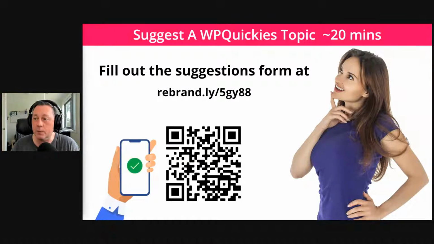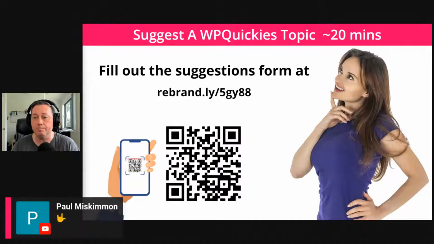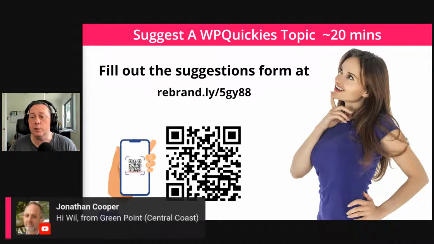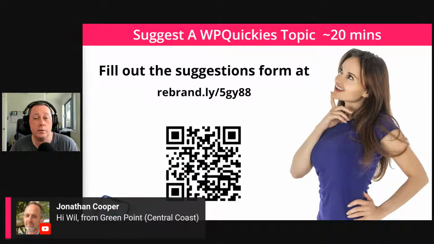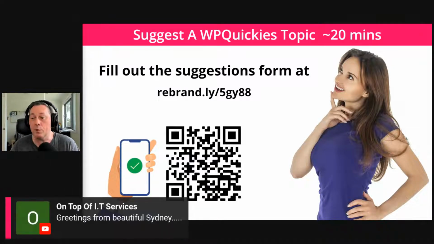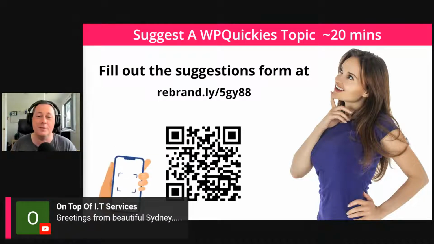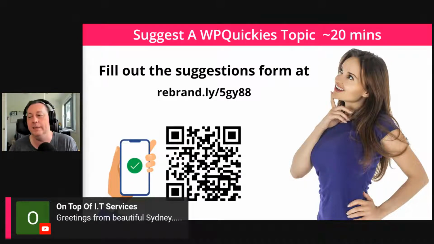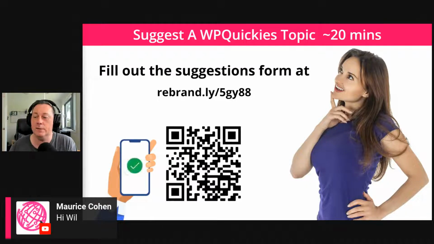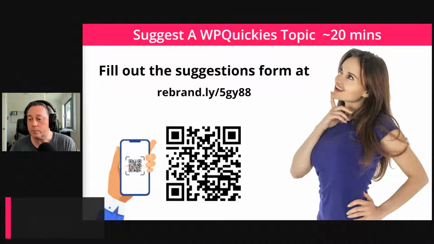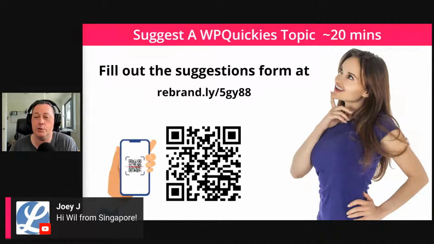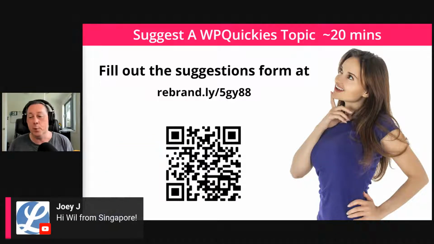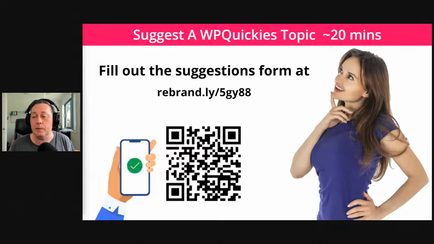Okay, let's have a look at who is here just now. We've got Paul. Thanks, Paul, for joining us. We've got Jonathan as well from Greenpoint in the Central Coast. Thank you, Jonathan, for joining me. We've got Dowie from a beautiful Sydney. Yes, it is nice and sunny and quite hot. If you're wondering what that noise is in the background, that's the whir of my fan going round and round. It's a small office and it gets pretty hot in here. We've got Morris. Hi there to myself and to everyone as well. Morris says hi to everyone. And Joy J from Singapore. Thanks, Joy, for tuning in all the way from Singapore. Okay. You can leave your name and where you're from in the comments. That'd be great to see who's joining in.